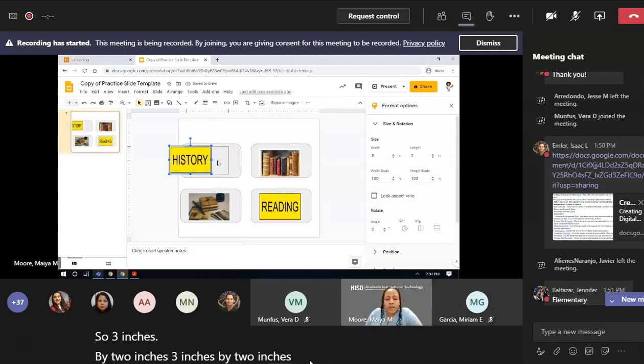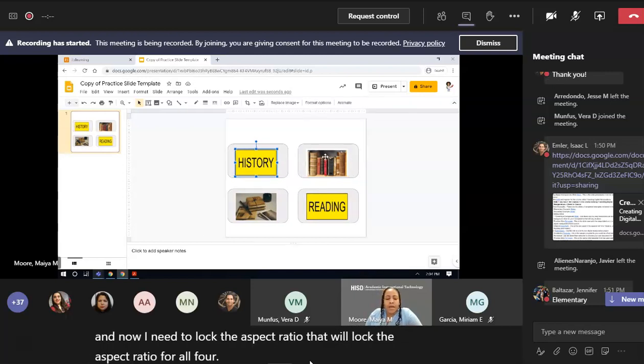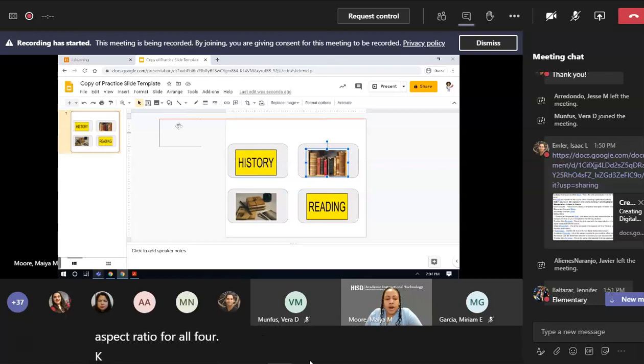Okay, so now they're all about the same size. They fit really nicely inside those boxes. And now I need to lock the aspect ratio. That'll lock the aspect ratio for all 4. Okay, now, as I take these off of my mat,